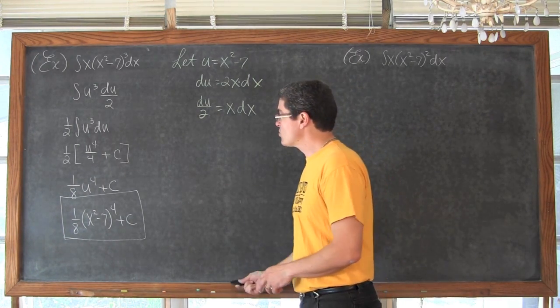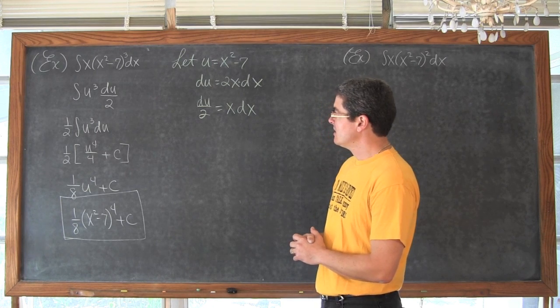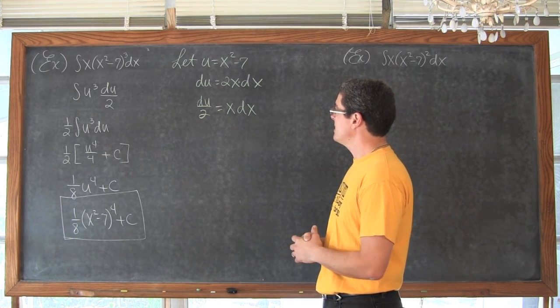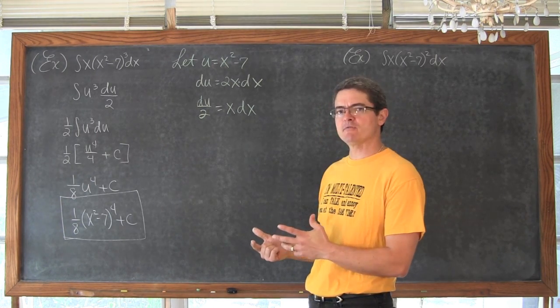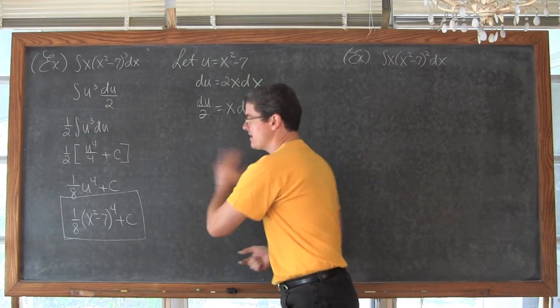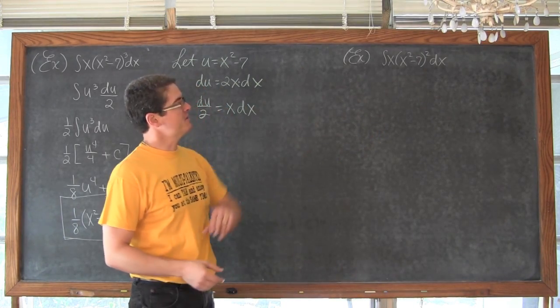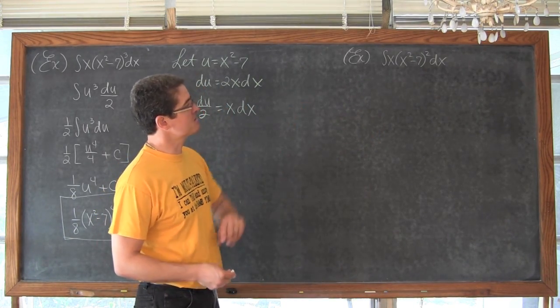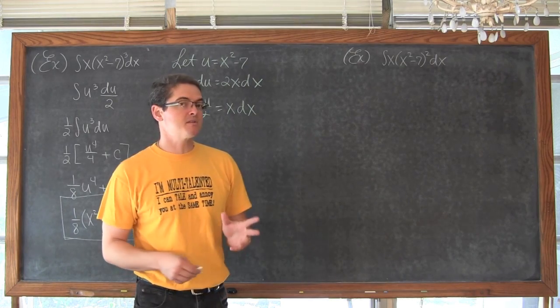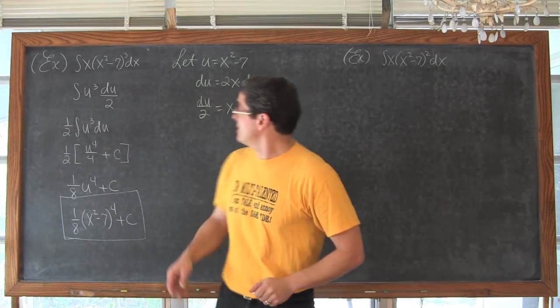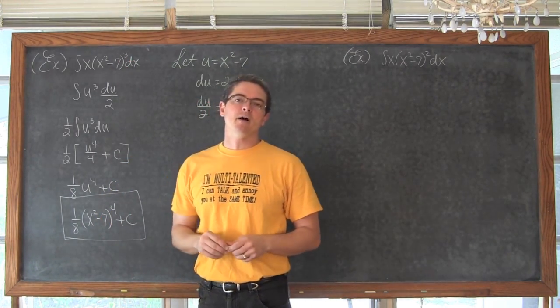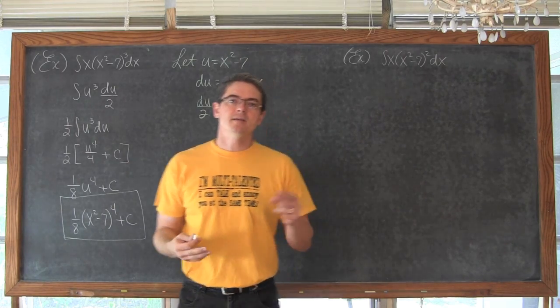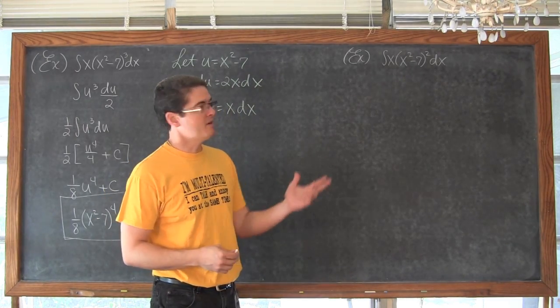All right, I hope that is what you got. Hopefully it was fairly straightforward after the last example. I want to point out with this one, we have the integral of x times (x squared minus 7) raised to the second power now, dx, instead of the third power. I just reduced that power by 1 down to an exponent of 2. So why am I showing you this?